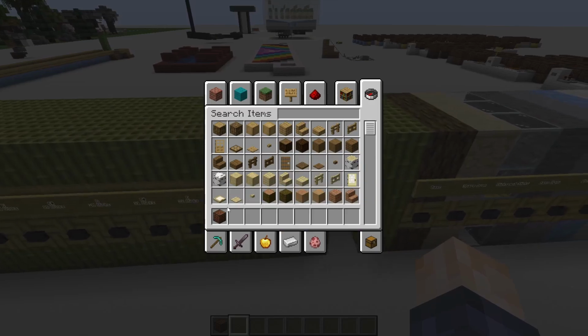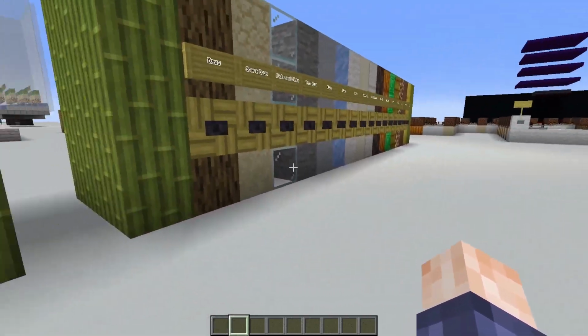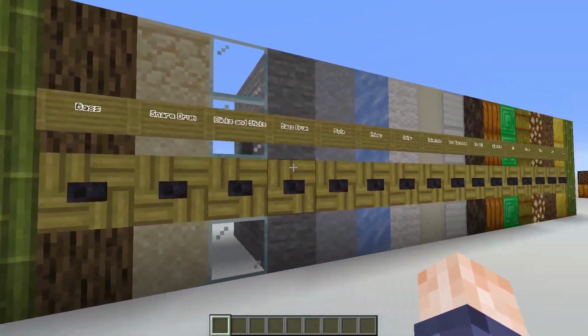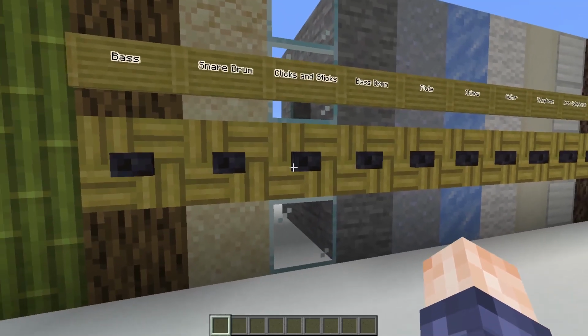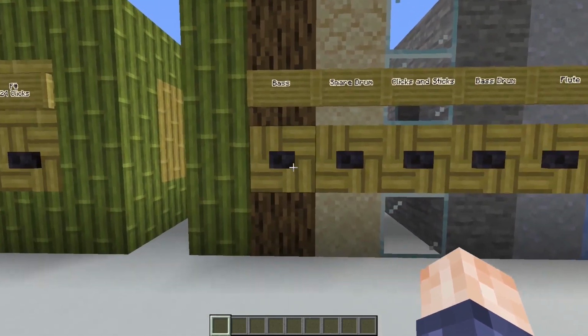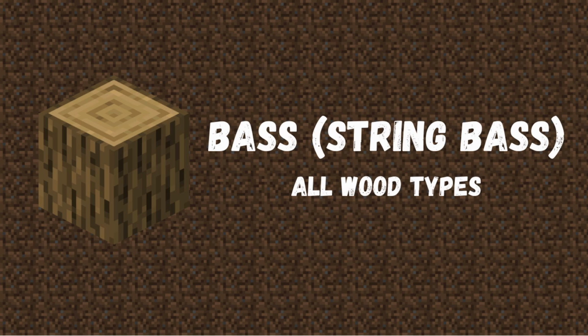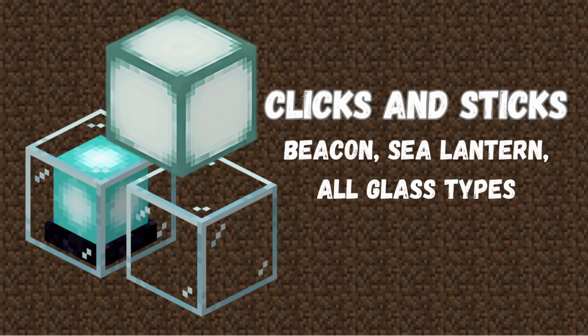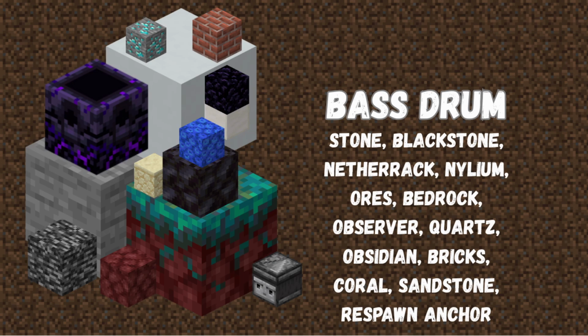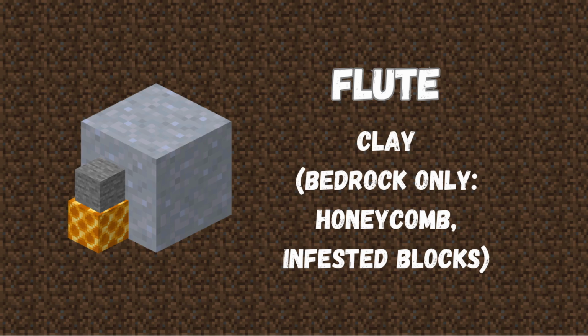And of course, you can also play them on different instruments. So all the instruments that you can place below the note block to change the sound would be bass with wood types, a snare drum, which you can use sand or gravel, clicks and sticks, usually with glass blocks, a bass drum with stone, cobblestone, even an observer block, I think, a flute with clay,